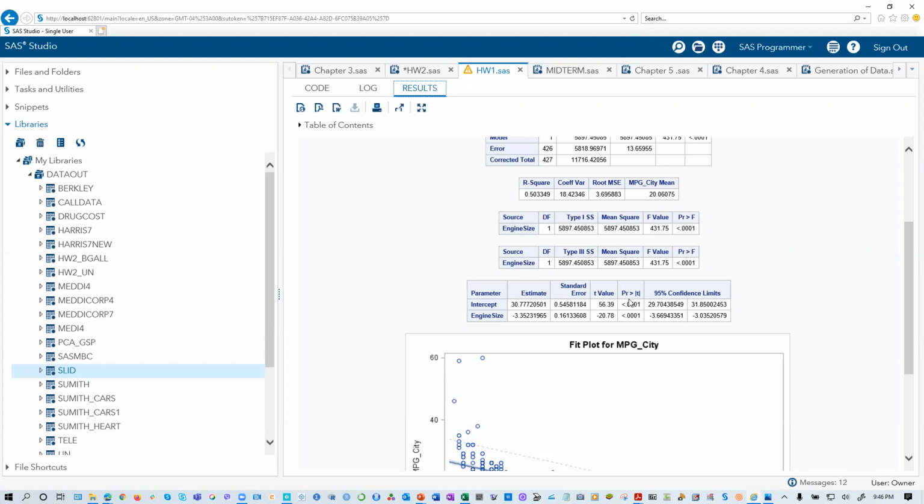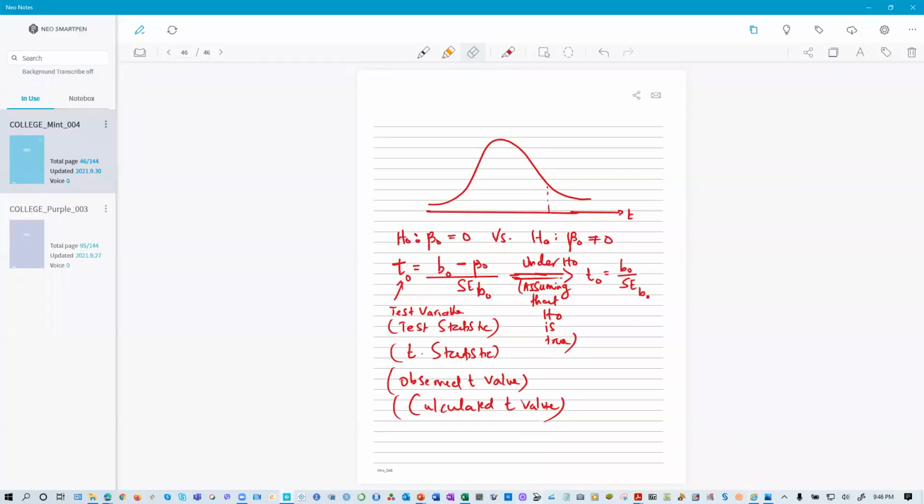Now, how do you get this one? Probability. In order to get the probability, that's how you get that one. See, T naught is B naught over that one. T naught means the observed T. I'm going to call this the standard error of B naught. It's already there. Then I'm interested in what? If by any chance I'm going to locate my T naught here, look at T naught here, and minus T naught this side, not the TC. This area,